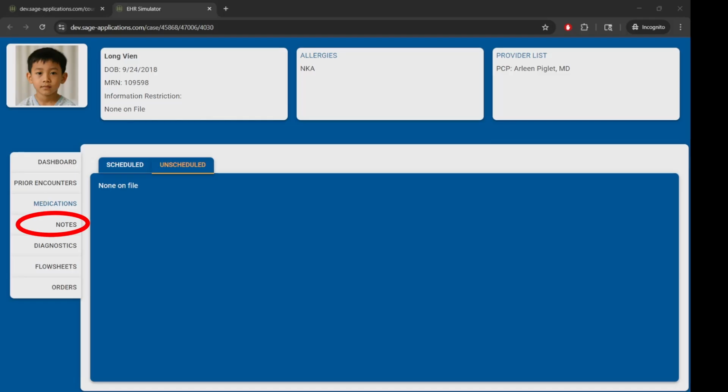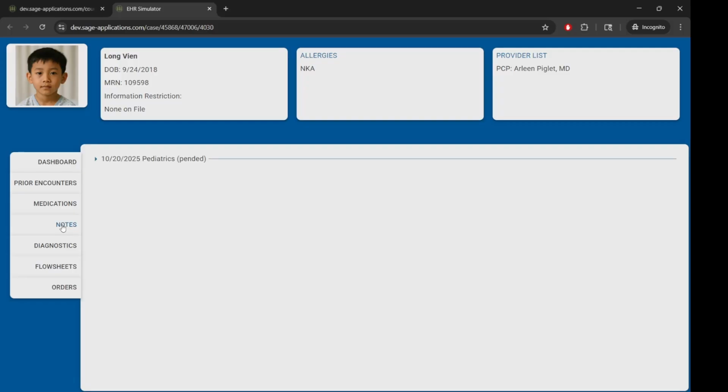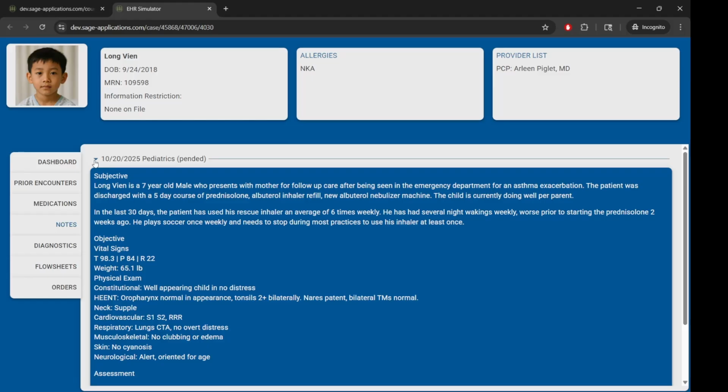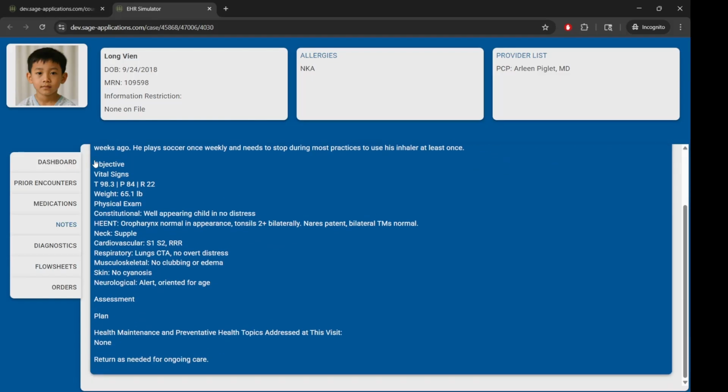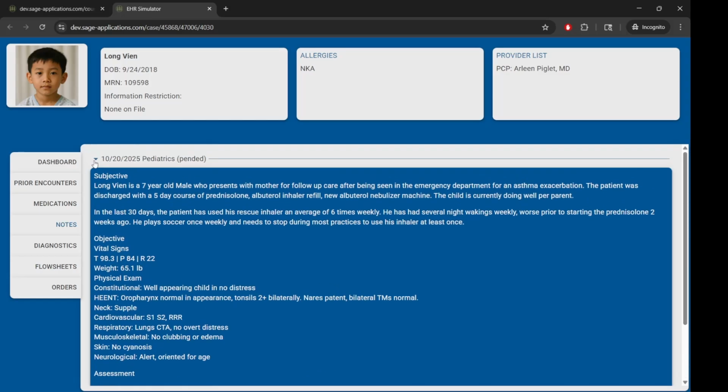The Notes tab refers to notes written during the current encounter. This patient has a note that has been partially written but is not yet signed by the pediatrician. We can tell the note is not complete because the title says pended. Let's open it and take a look. This note is a standard SOAP note with the patient's history and physical exam findings, but the assessment and plan is empty. This area of the chart is particularly helpful for assignments because incomplete notes often give us history and